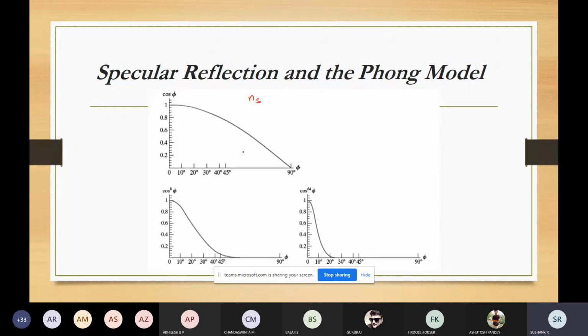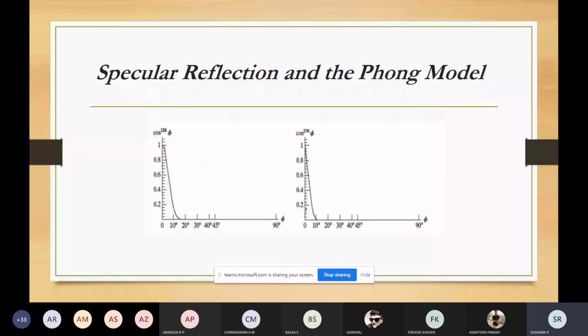So you can see the effect of ns on the angular range for which you can expect the specular reflection. Here ns is equal to 1, here ns is equal to 8, here ns is equal to 64, and here ns is equal to 128 and ns is equal to 256. So for different values,